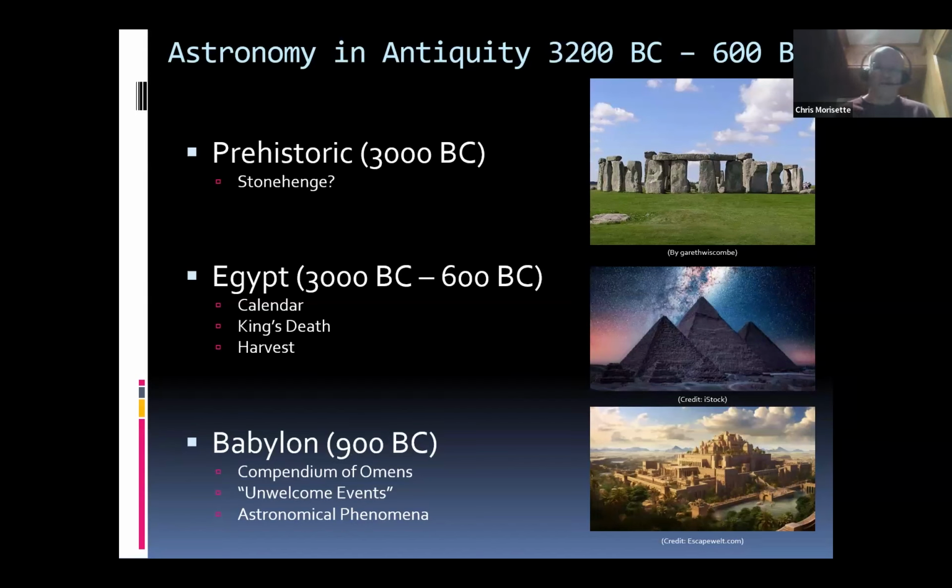Others have argued that it was a symbol of peace and unity. Others have also argued it had healing powers due to the acoustic properties of the rock that constructed Stonehenge. So there are conflicting ideas about what Stonehenge is all about. But there is one strand of argument that says it was astronomically related.